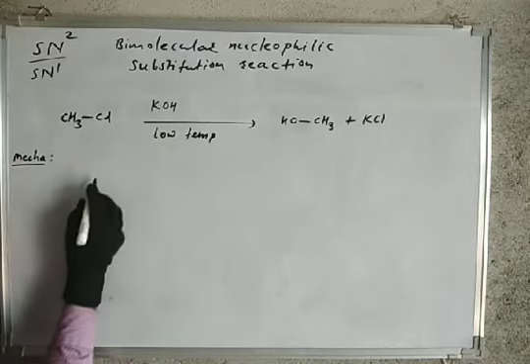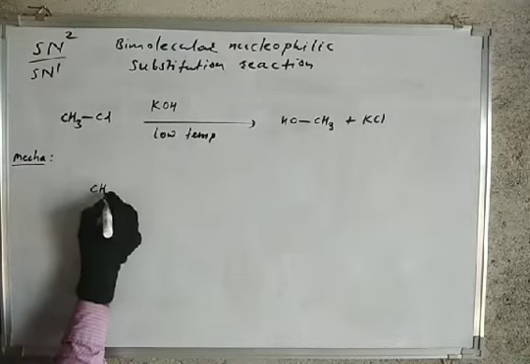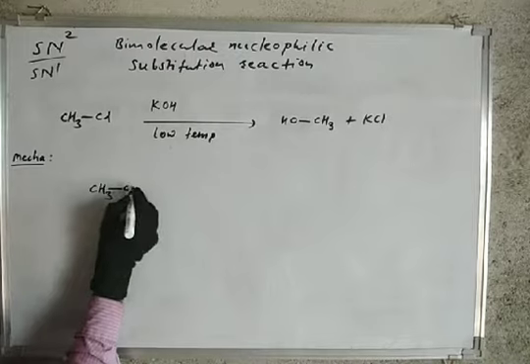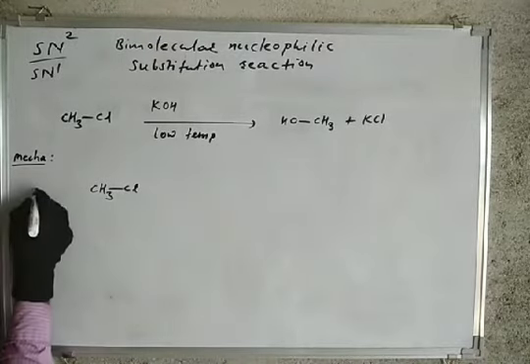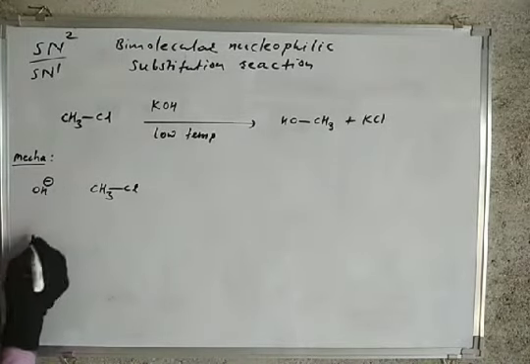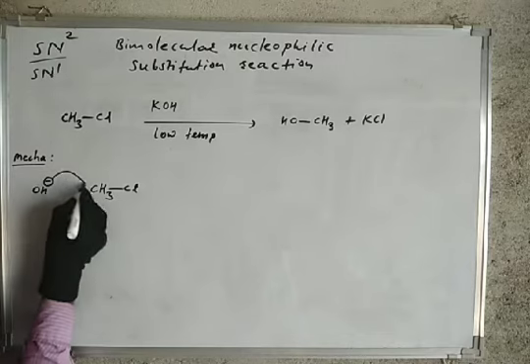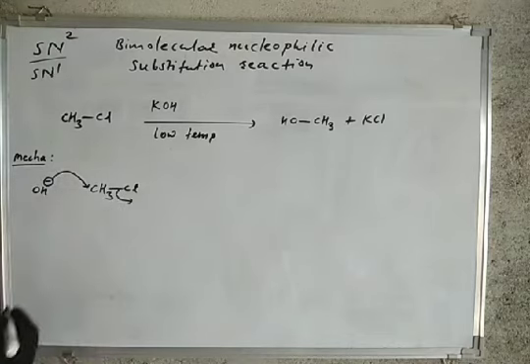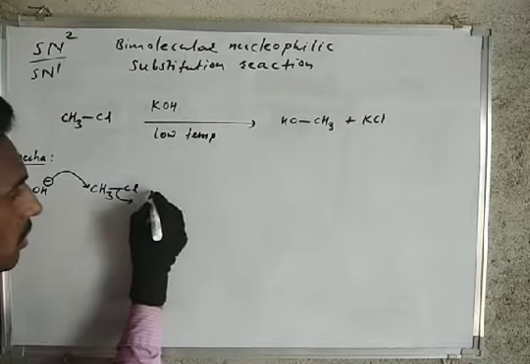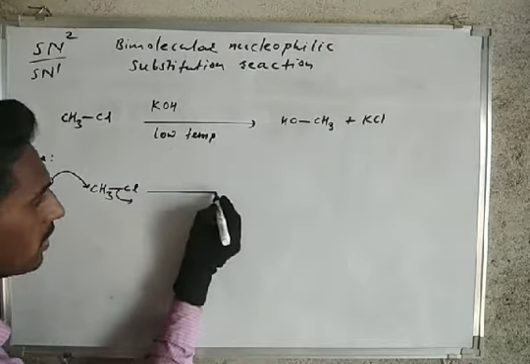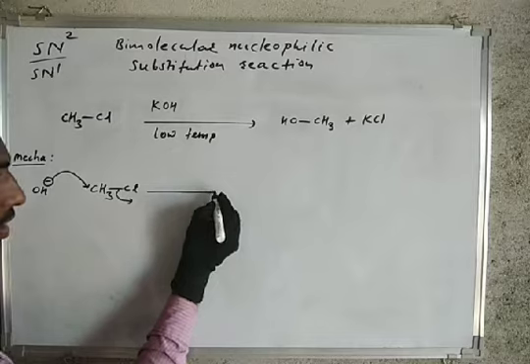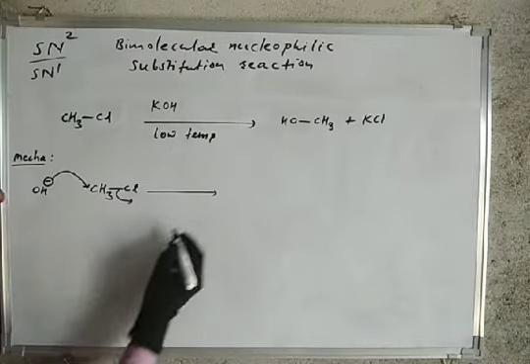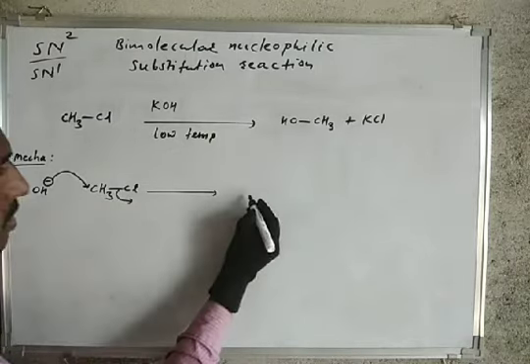The mechanism is like this: CH3Cl, here the OH minus ion is the nucleophile that attacks on this carbon atom, and simultaneously this chlorine atom leaves its original position. Here the transition state of this reaction will be